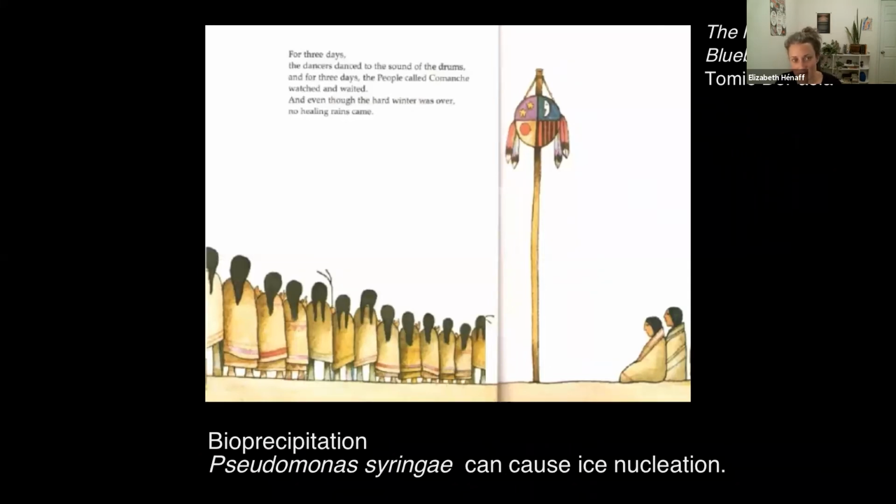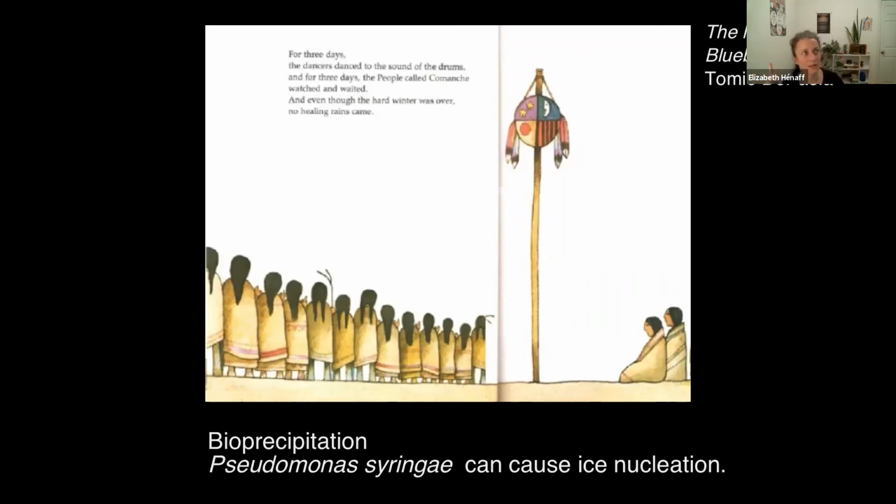So there's this hypothesis that rain dances work through the phenomenon of bioprecipitation. There's a particular microbe called Pseudomonas syringae that produces a protein that is able to nucleate ice crystals at warmer temperatures than normal. So the way clouds form is that water molecules in the air will nucleate around a piece of dust or a piece of ash and create crystals, then create clouds, and then that ultimately leads to precipitation. And so these microbes can create this compound that is able to do that at warmer temperatures than normal.